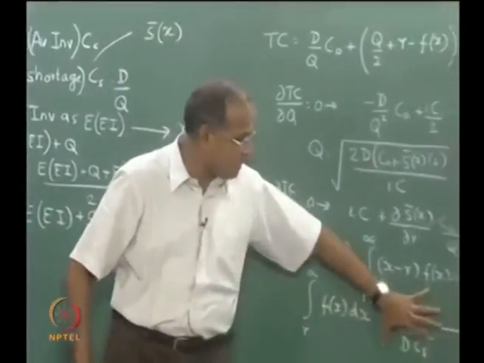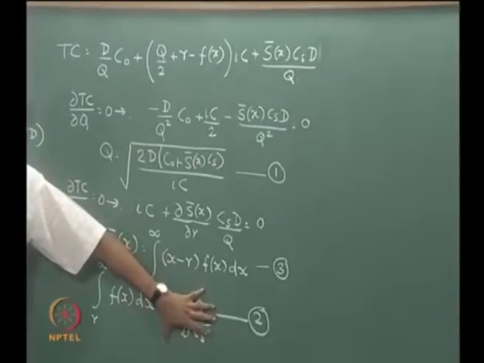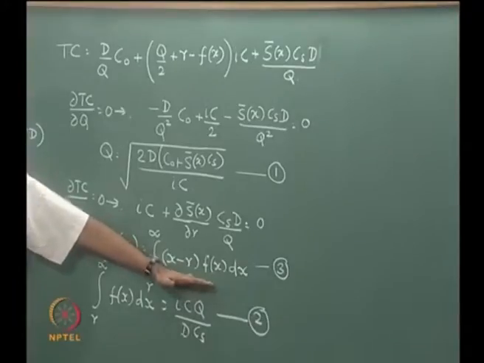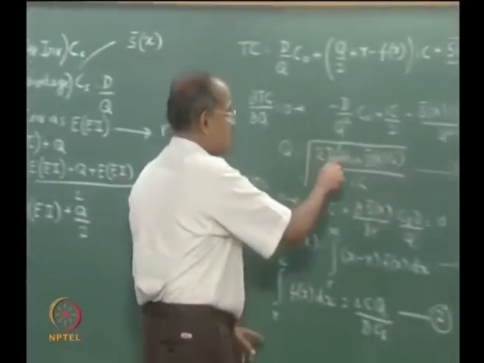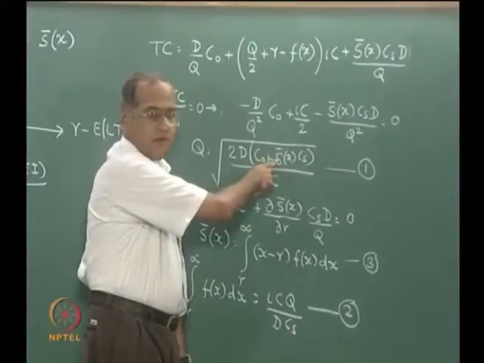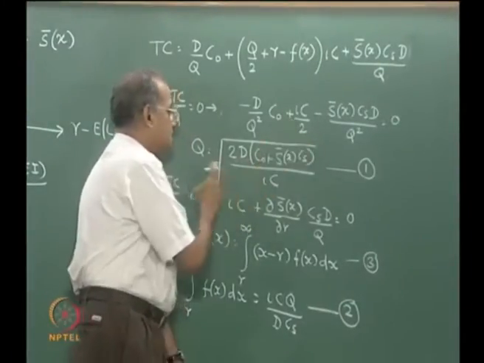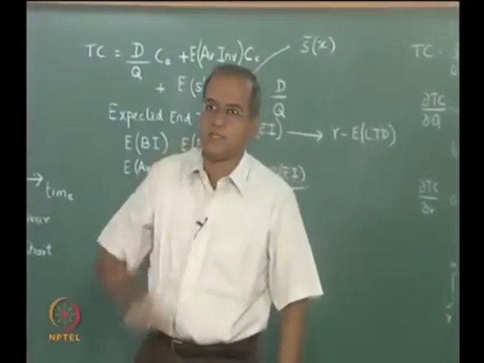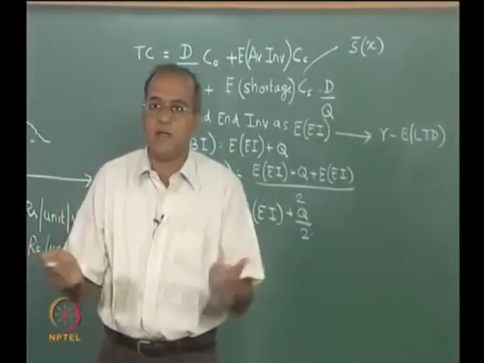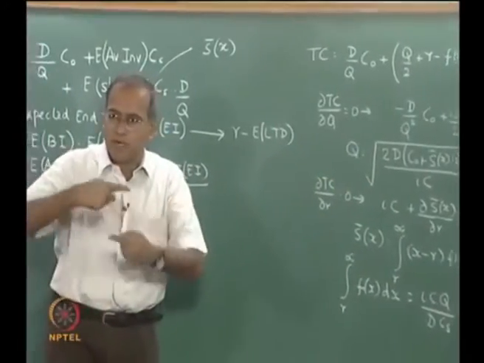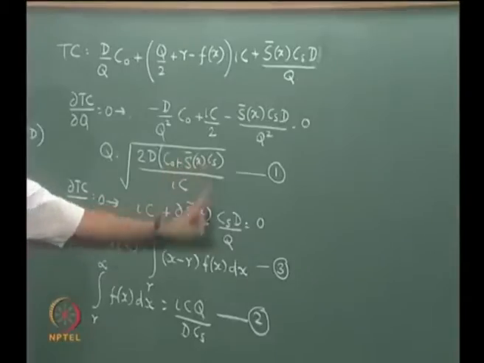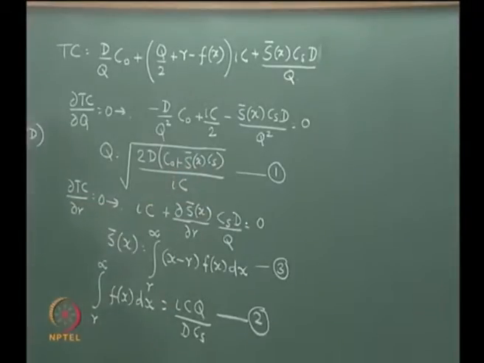So, in some sense in the previous expression we got the value of R directly from this. This is a well known equation for economic order quantity, with the only change that S bar of x comes explicitly into this function. Earlier we did not have this portion, so we had Q equal to root of 2D C naught by IC. When we separated Q and R, we got Q equal to root of 2D C naught by IC. Now, because we brought R into the picture, we are getting another expression plus S bar of x CS. So, in some sense this derivation is very similar to the earlier one.